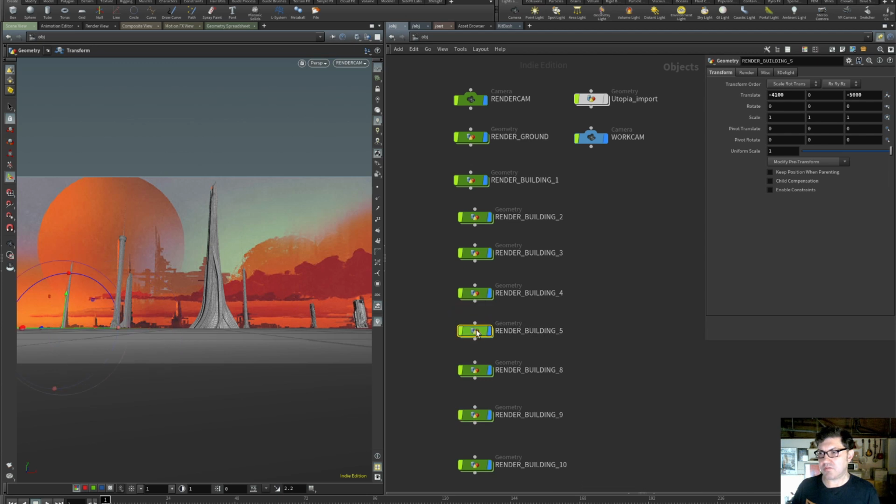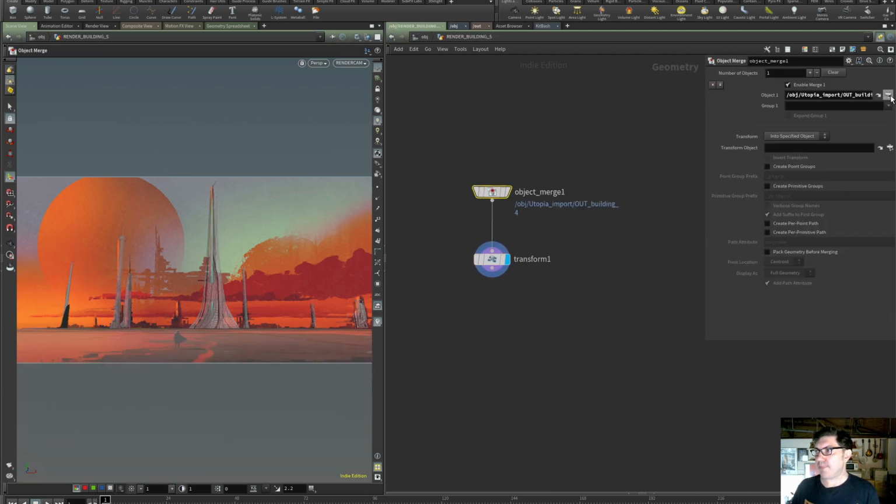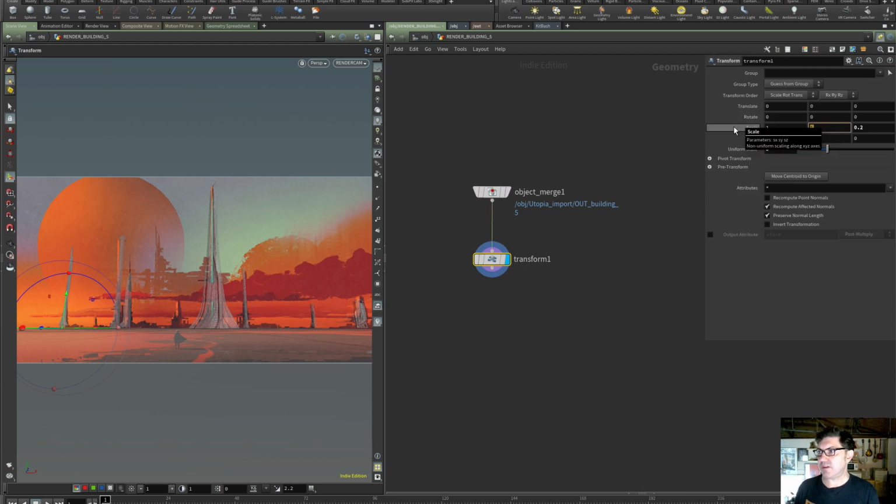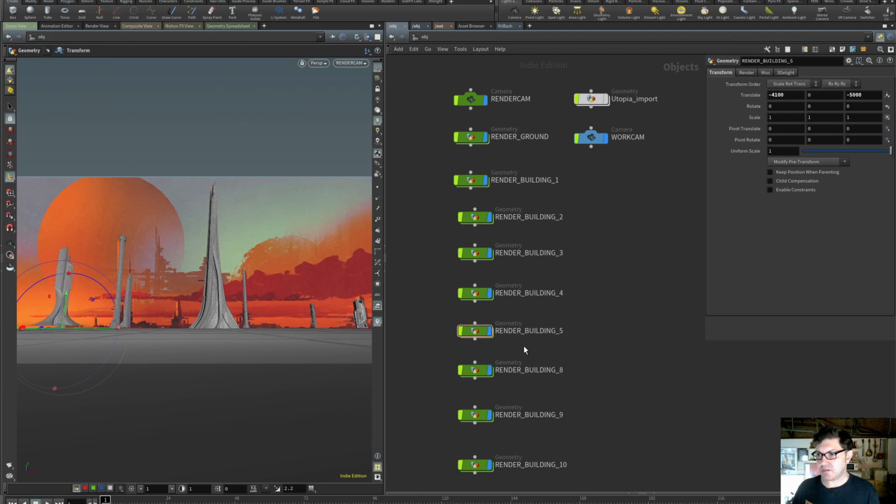Okay, so building 5. Building 5, what does that look like? For the time being, let's not skinify it, just to get a sense. But let's turn it 90 degrees, and yeah, let's use that for that. So that also looks like it's further out in the distance. So building 5, let's do minus 6,000. And let's bring it closer to the middle, and then let's adjust it